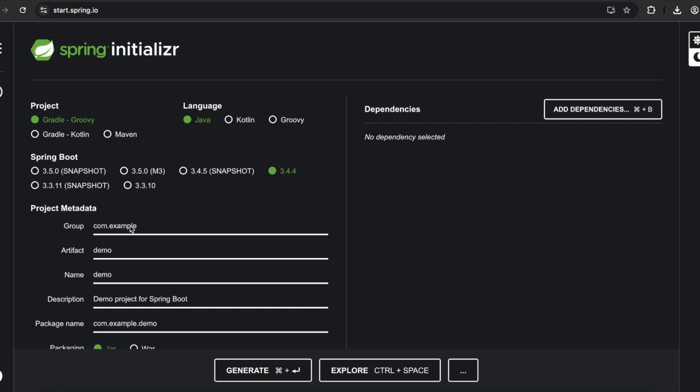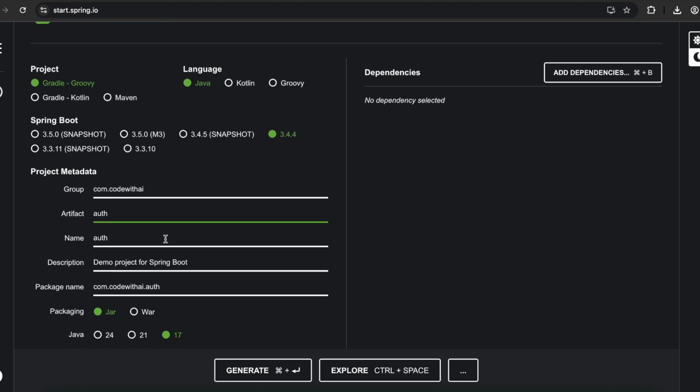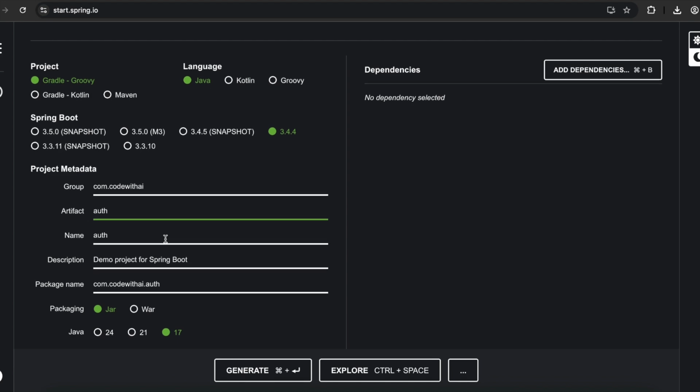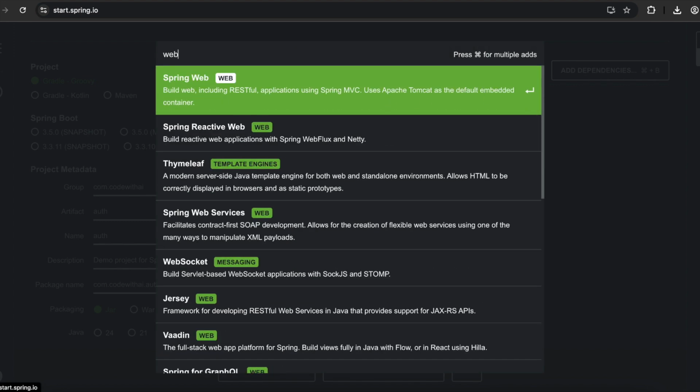Fast, secure, and production-ready. Before we dive into the code, let's generate our Spring Boot backend using Spring Initializr. Head over to start.spring.io. We'll keep the project type as Gradle, language as Java, and set the Spring Boot version to 3.4.4. Under project metadata, we'll set the group to com.CodeWithAi and the artifact to auth. This will create our base package as